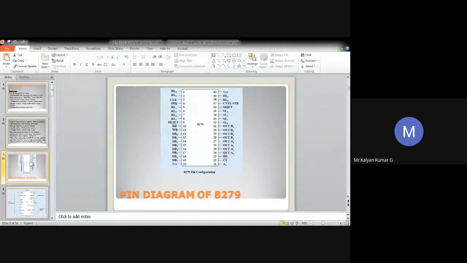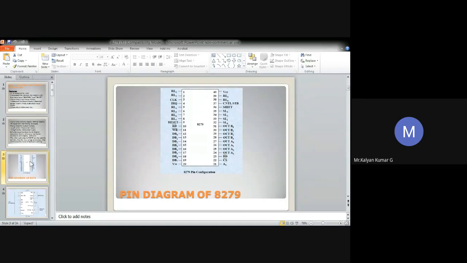Normally the data will be synchronized to these scan lines, SL0 to SL3, for multiplexed digit displays. Sometimes the two 4-bit ports may also be used as a single 8-bit port. It depends. Then we have a signal called BD, blank display, pin number 23. It's an output pin. Normally it is used to blank the display during digit switching, or by using a simple blanking command, you can make the display blank.